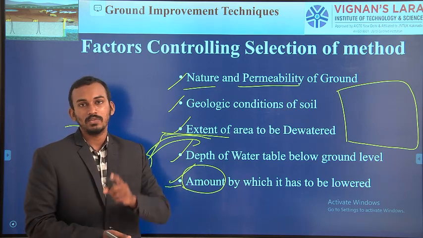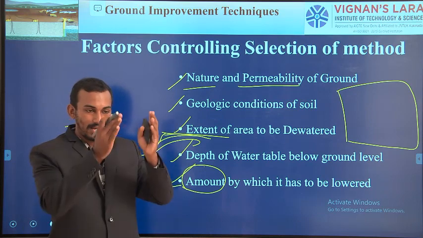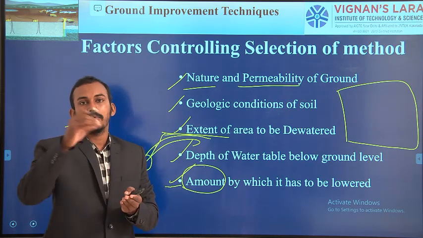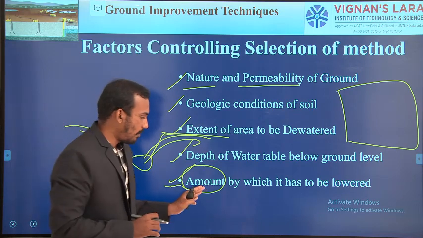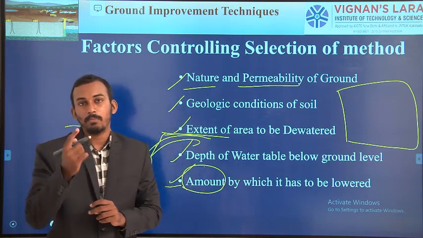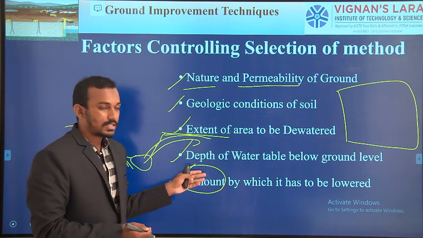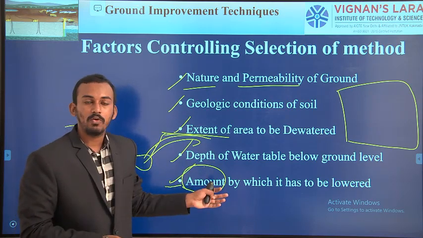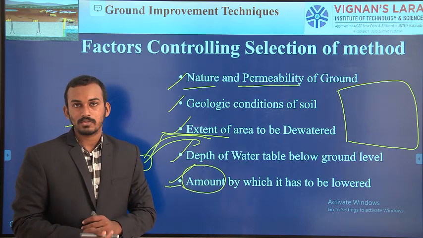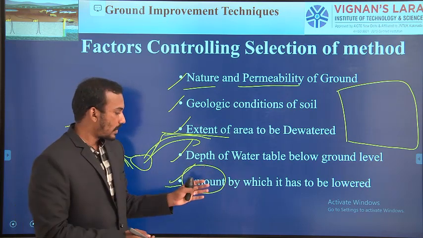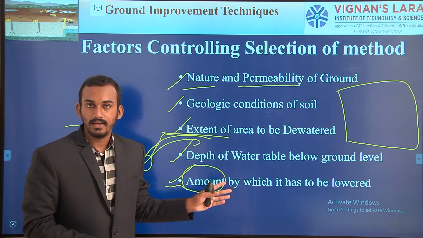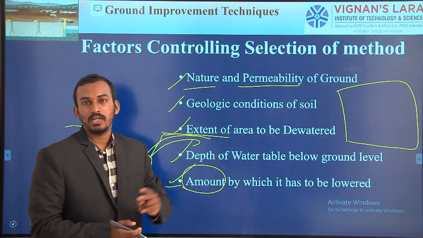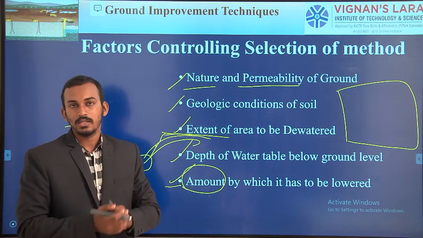By using sumps, we use only a single pump. We are excavating one excavation pit and we are lowering a pump, so that pump is removing all the water. But if the amount of water is very high, one pump may not be sufficient. So in such cases, we have to go for multi-stage well points. In that method, we are going to use about 10 to 20 pumps to remove all the water. So if the amount of water available is very high, then we go for one method. If the amount of water available in our site is very less, then we go for the sumps and ditches method.